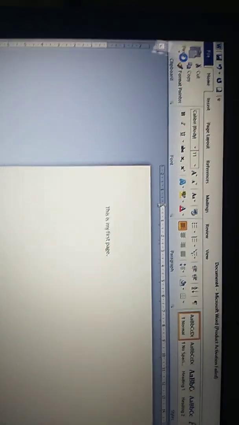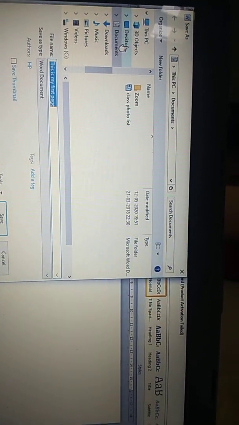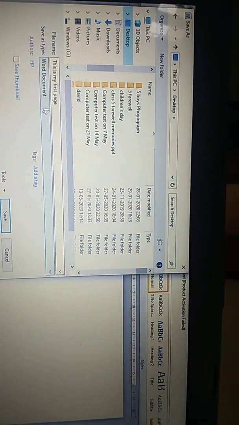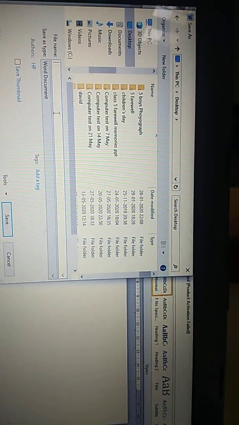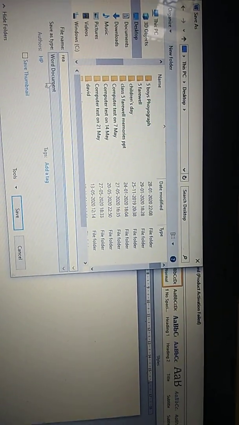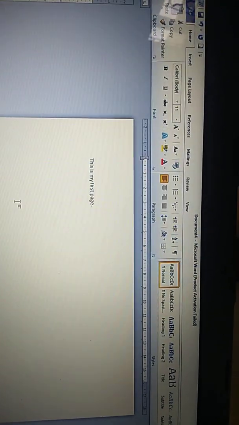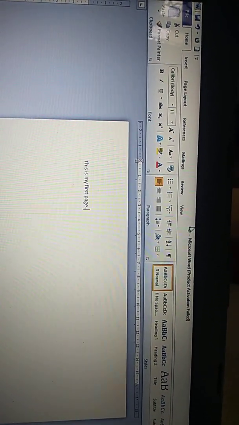Save As option will open a Save As dialog box, where you specify the location to save. For example, I specify Desktop. Then you give the file name. For example, I am giving the file name as Riya, and the save as type is Document. Then click on the Save button. Then that Document 4 which was displayed here is now renamed to Riya. This is the first method for saving a file.